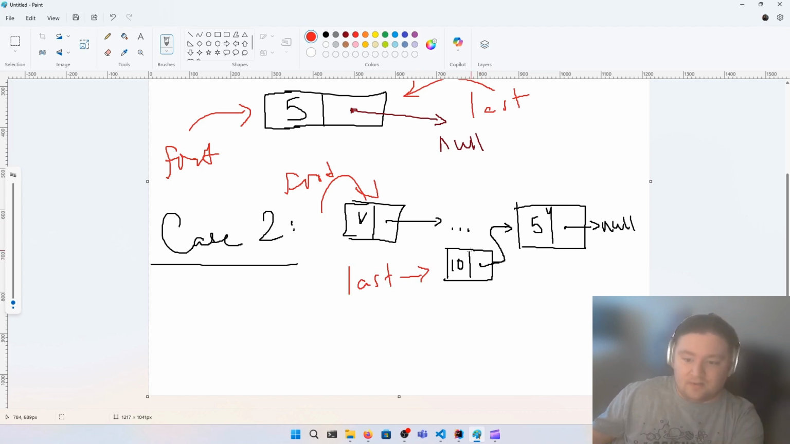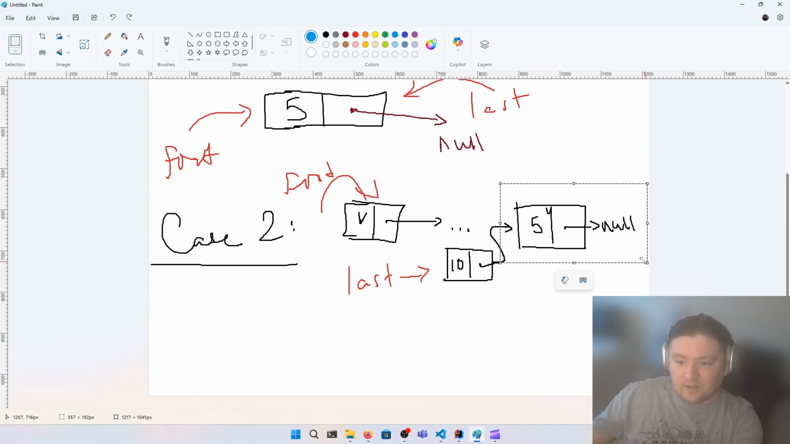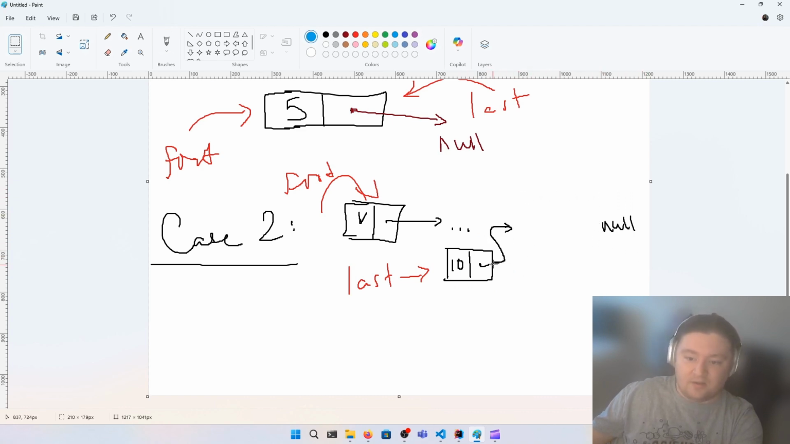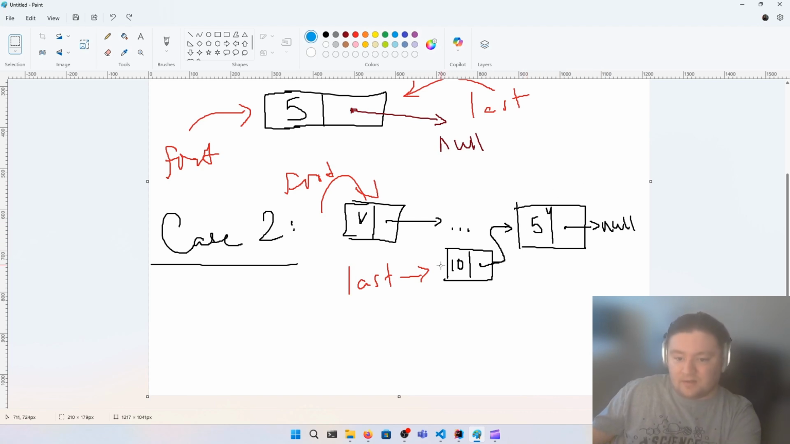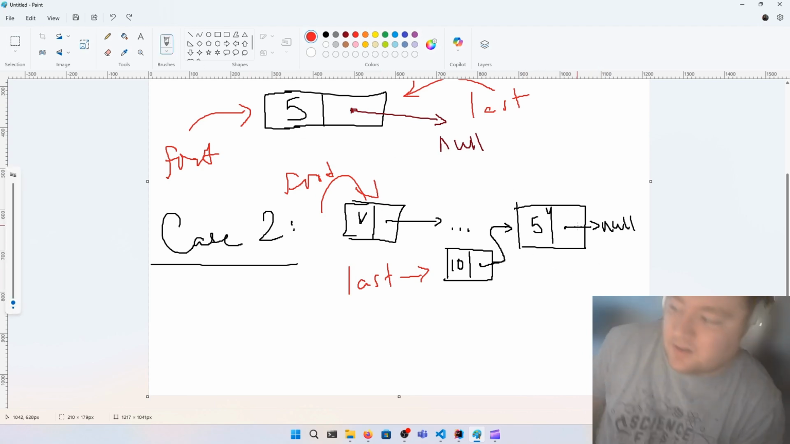We want to update the previous last pointer, the previous last next pointer, so this thing, we want it to no longer be null, because remember, before we add this 5 here, that's going to be null, right? Because it has to be. So right now, this points to null. We want to say, take the new node, make the previous last thing point to it,